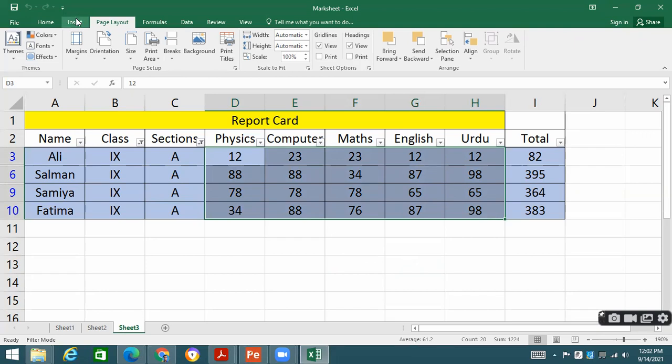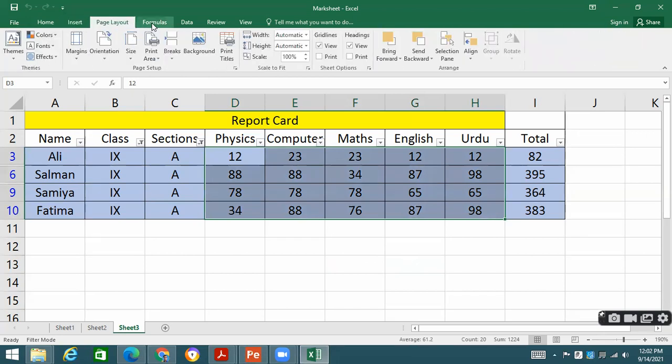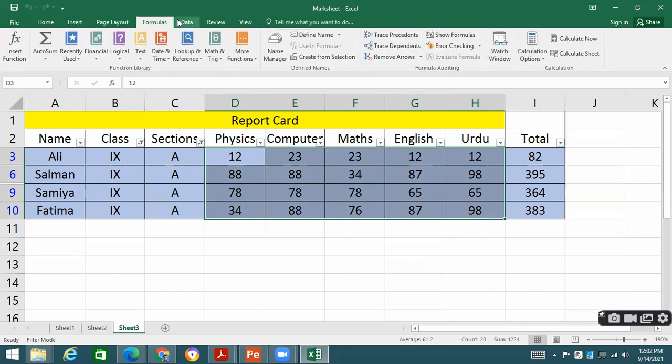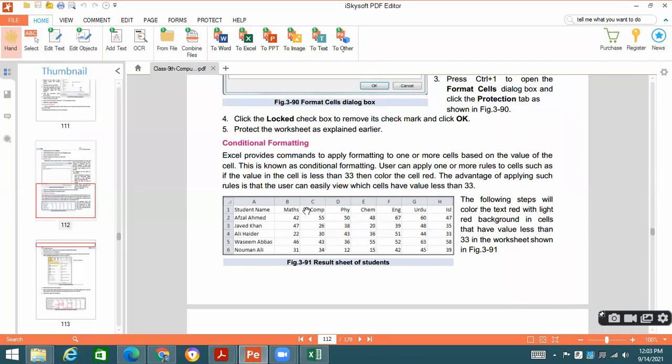You go to the conditional formatting option, which is available over here in the format menu.